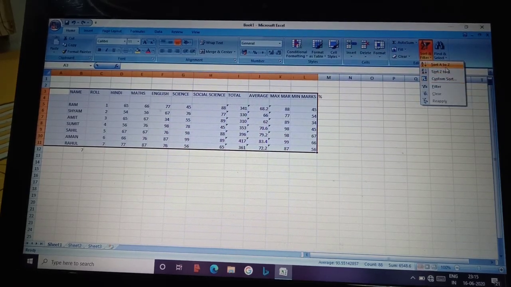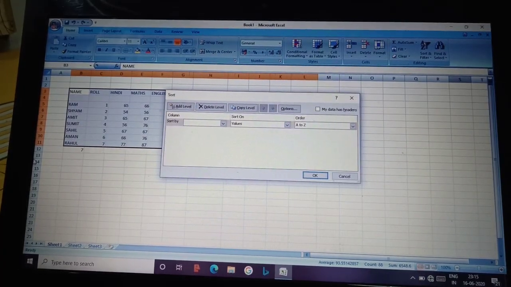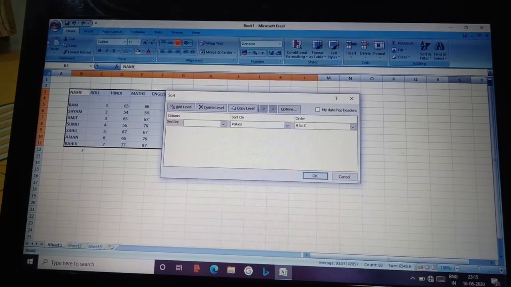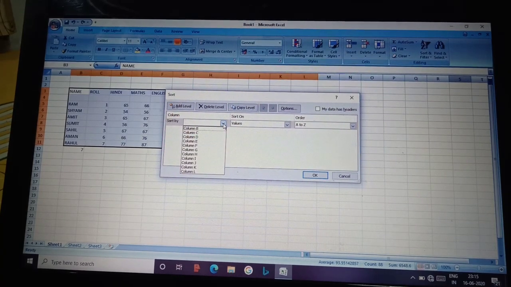If we just click on A to Z or Z to A, it will automatically sort according to the system's rule. But using custom sort, we can make our own rule. Here we will get 3 columns. Sort by will show you all the column names on which we can do the sorting.